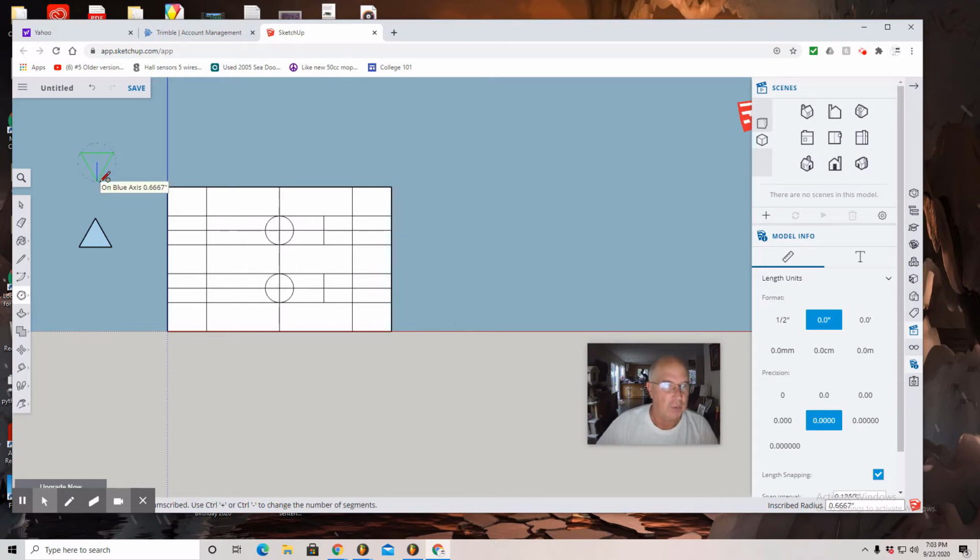I'm pulling straight down with that blue line, and I'm going to use, again, 2/3 on my keypad to lock in a 1 inch triangle. Now I use the select tool to make a marquee rectangle around one of the triangles. I return to the move tool, which is the 4 arrow move tool. Make sure you select it. Move to that upper left corner of that top triangle. Click, press down on your mouse, and then you're going to move that green point right to the endpoint you